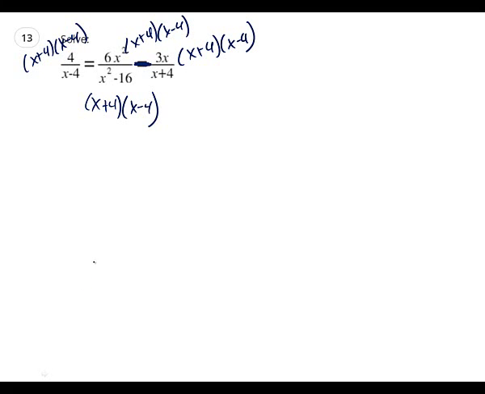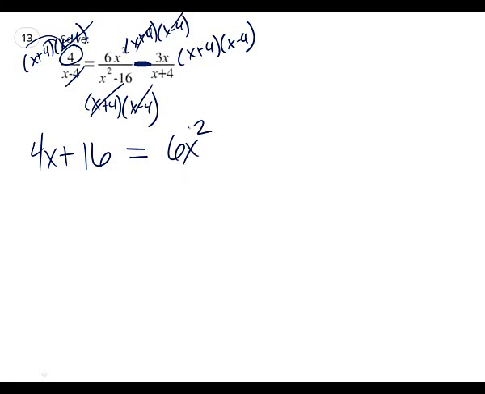All right, let's talk about what cancels. In this first term, what cancels? And what are we going to distribute? 4. So we get 4x plus what? 16. Good, equals. What cancels in this second term? Everything. So we're just left with 6x squared. And then what cancels in this one right here? x plus 4. So I'm going to distribute not just 3x, but negative 3x. So we get negative 3x squared